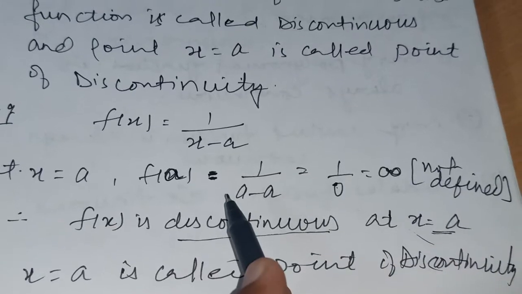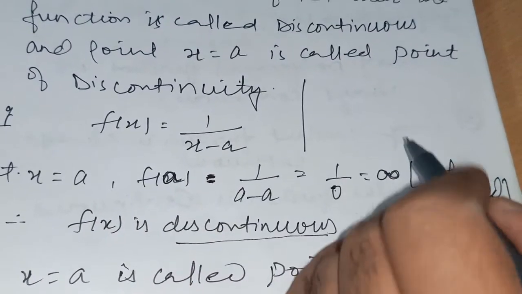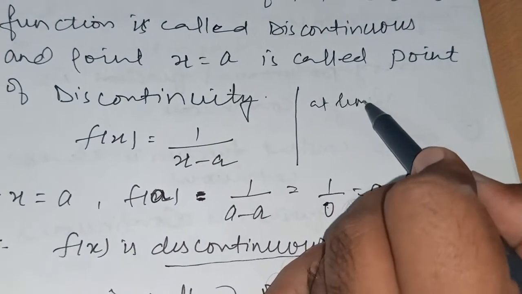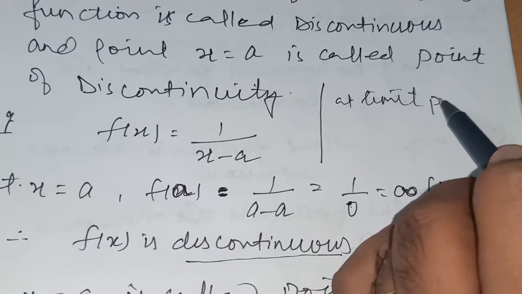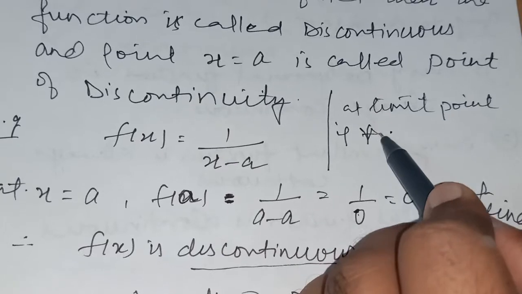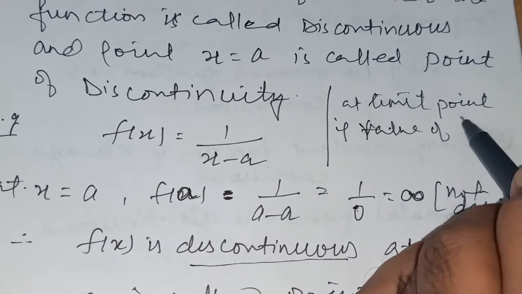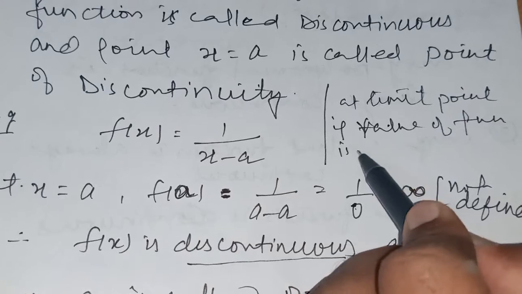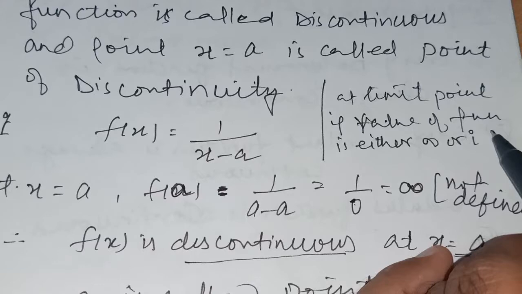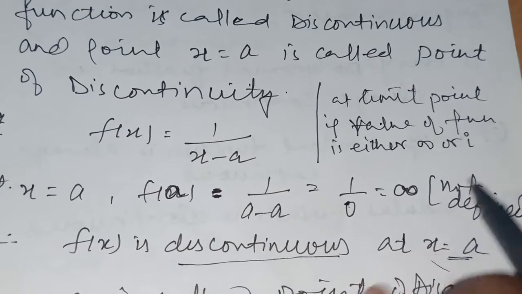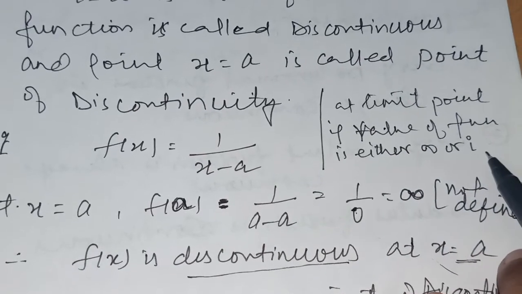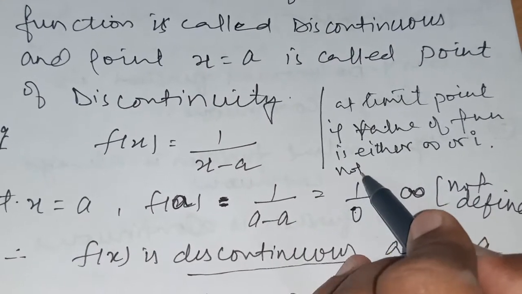Function is not defined stands for two particular cases. You can keep it in your mind that if the value of the function at the limit point is either infinity or imaginary (iota), the function is not defined. I am talking about a single function, not about the inequality part.